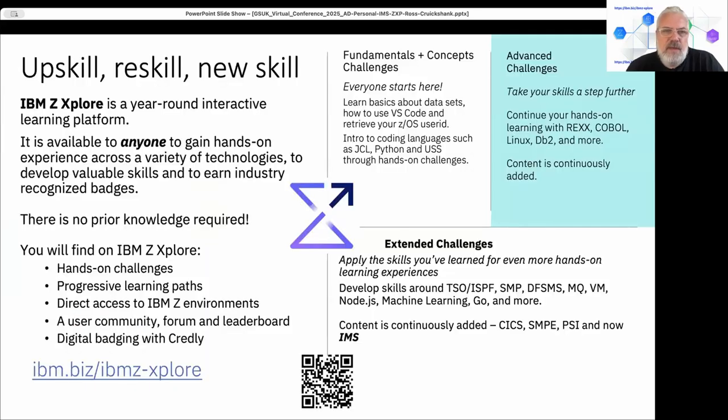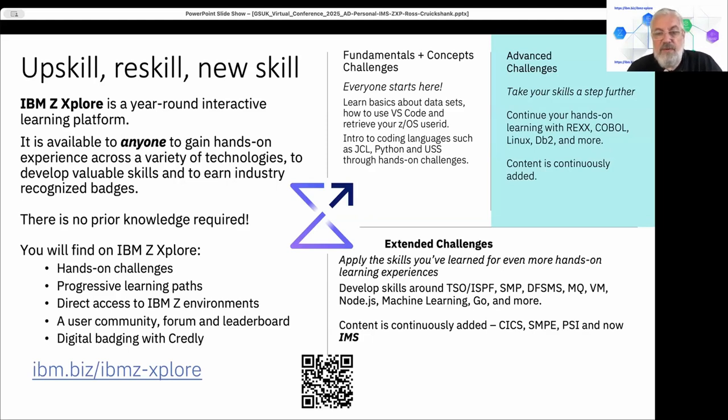So I'll give you a quick intro to Z Explorer so you know what it's about, just in case. Dominic, you're saying ZXP, which suggests maybe you haven't heard of IBM Z Explorer. It's a skills platform based originally on Master the Mainframe, which was a student-only environment. We've made that in the last 3 years into a year-round platform open to everyone. So instead of just students for a competition, it's now open to everybody to get hands-on IBM Z skills, so